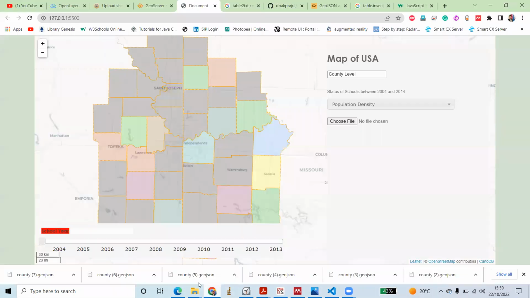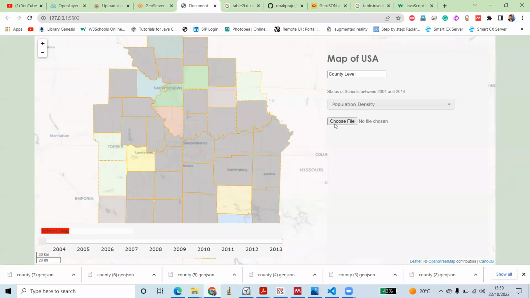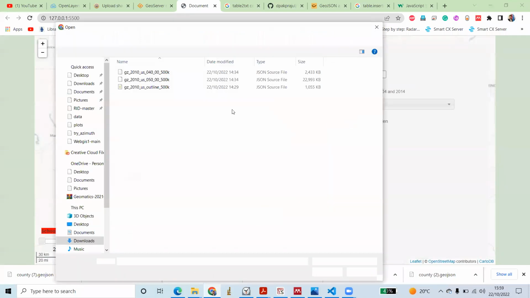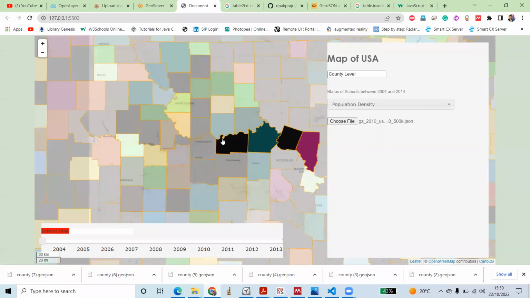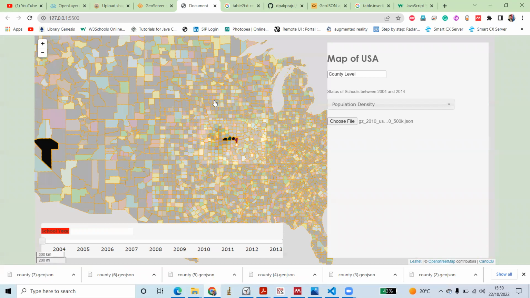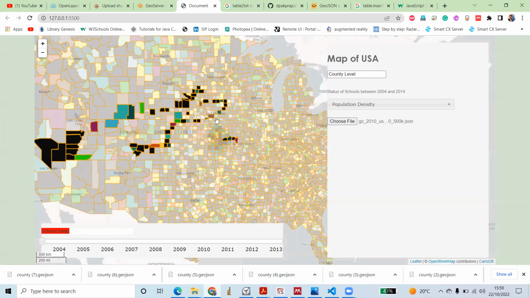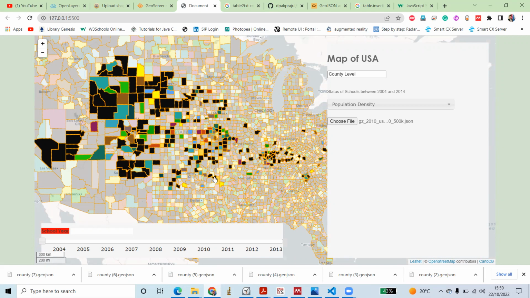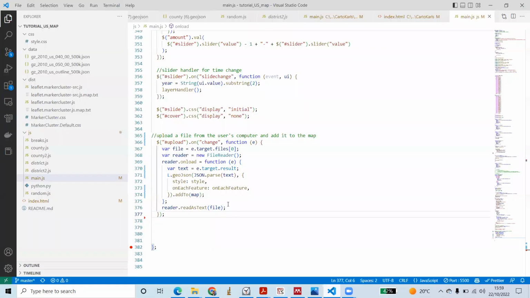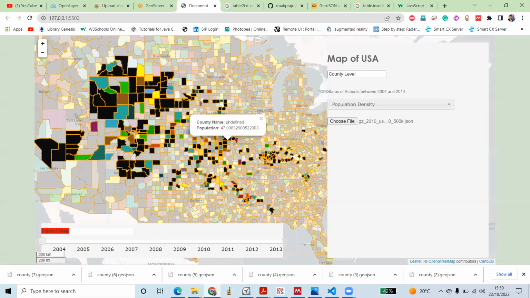Okay, so when I go here and choose a file, and I choose the file, you can see the map is loaded. It has used the on hover feature, it highlights everything. So what I will do is remove that highlight feature for now. Also I will create a new on each feature, like when I click, I can see the